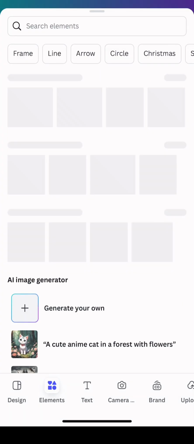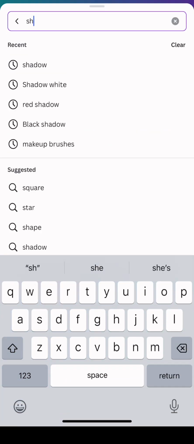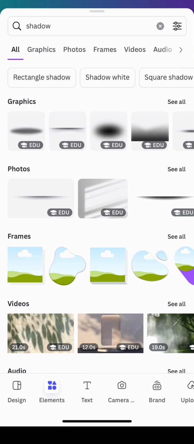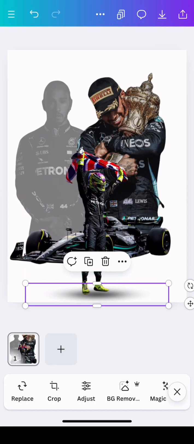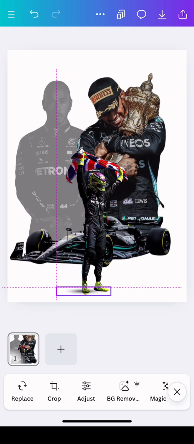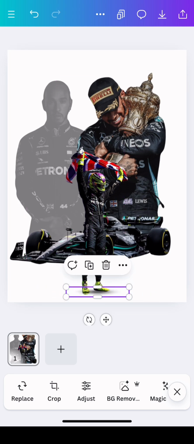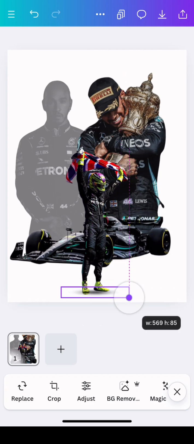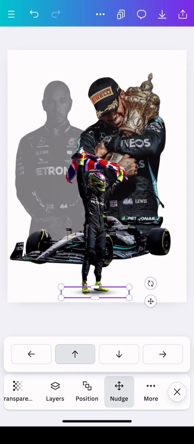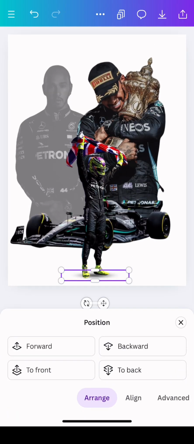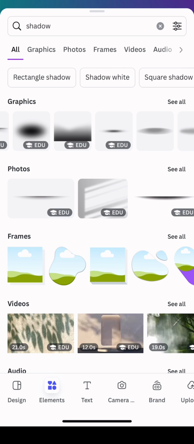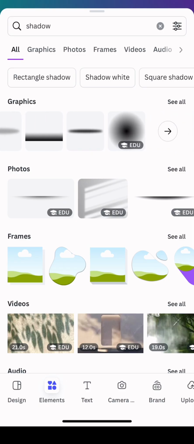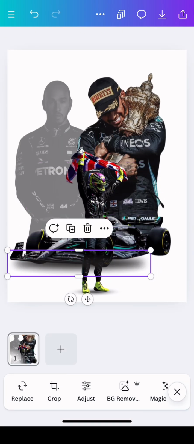So we adjust everything and then we add our shadow. We take the shadow, then just always make sure you add shadows to your designs, especially when you're using human models. Then we add the shadow to the bottom of the picture at the front. We adjust it to the back, adjust the size, make sure it looks realistic, like I said. Then we pick the other shadow for the car,